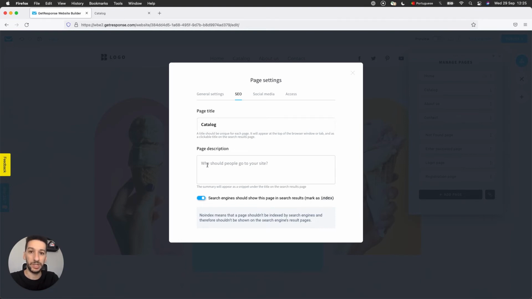The page description will appear in the search engine. So when you search for your page, it will be accompanied by the title and the description that you give, usually just a summary on what your page is about. You can read here as well how it will look. Following that, you can select if you want the page to be indexed by the search engine. So this means if you want the page to be findable in Google, Yahoo, any search engine, and you can disable that as well if you don't want anyone to ever be able to find it, right? We will be keeping it enabled.